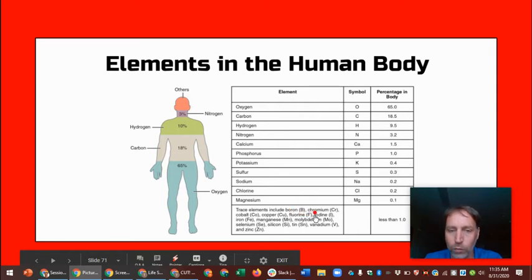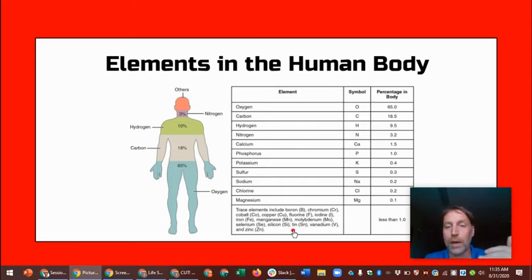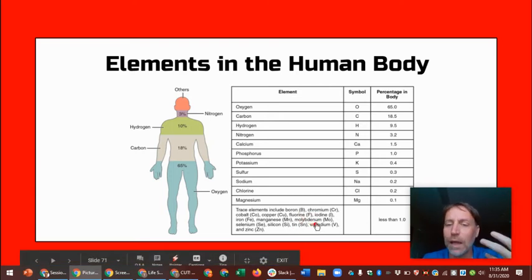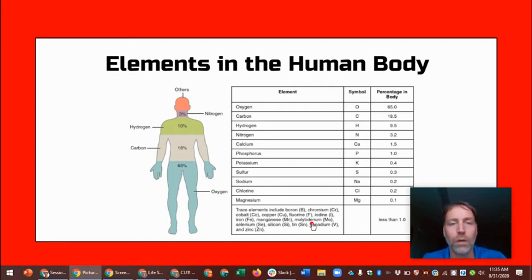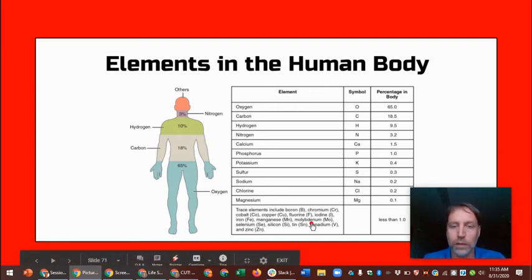Things like boron and chromium and fluorine, iodine, manganese, molybdenum. These are very important elements that actually help your body function. They just don't have a lot by percentage. They're still important though. So that's why when we talk about later, when we talk about the foods that you eat, you're going to want to make sure that there's parts of these in your food,